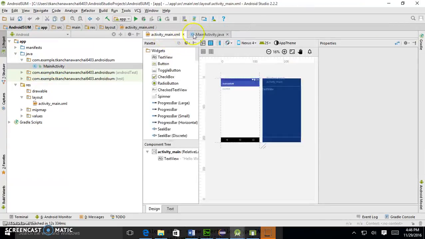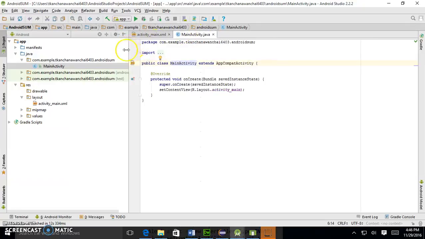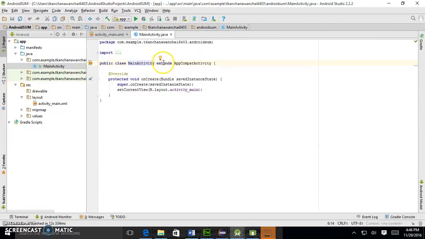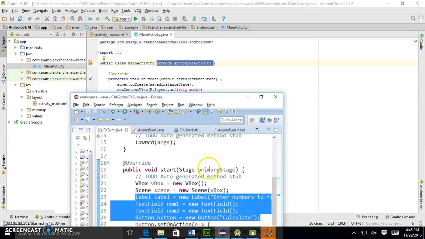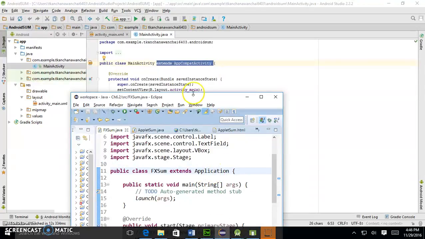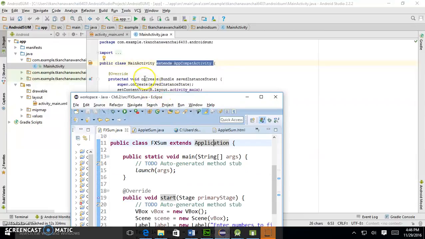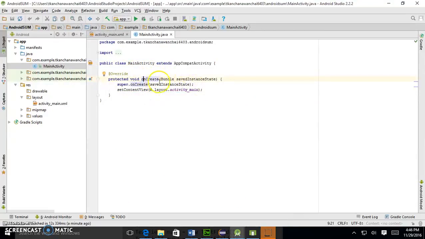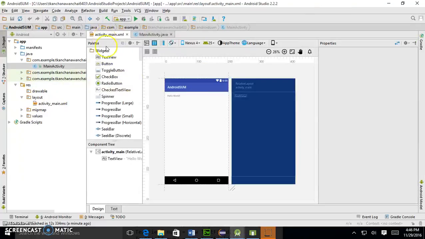And how do we link between these? When you start, you see that code is pretty much already implemented for you, extending AppCompatActivity, just like when we extend Application for JavaFX, or extend JFrame or extend JApplet. But for Java the method is start, and this one is onCreate. When it's created, it takes savedInstanceState, like when you launch your app, it saves the previous state and then just calls setContentView to show this activity_main, which links to R.layout.activity_main, where you start to draw your